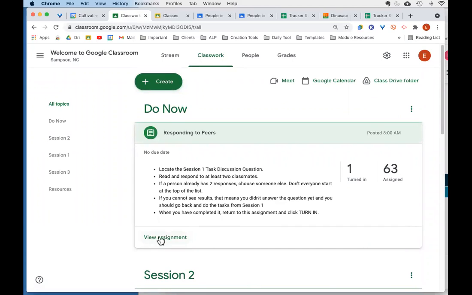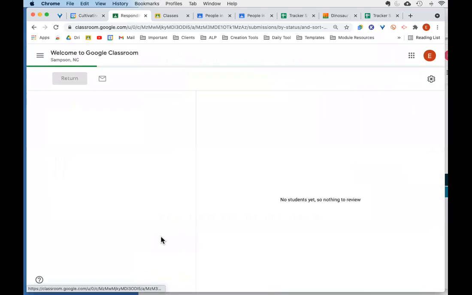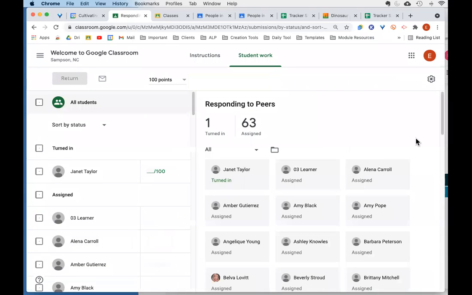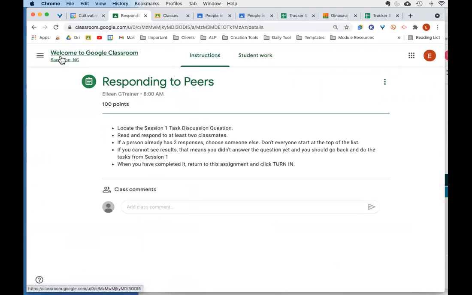And then inside this one, you're going to have to click the view assignment, and then there will be a turn in button for you as a student. As a teacher, I get to see everybody's work, okay? So you're doing the do now right now